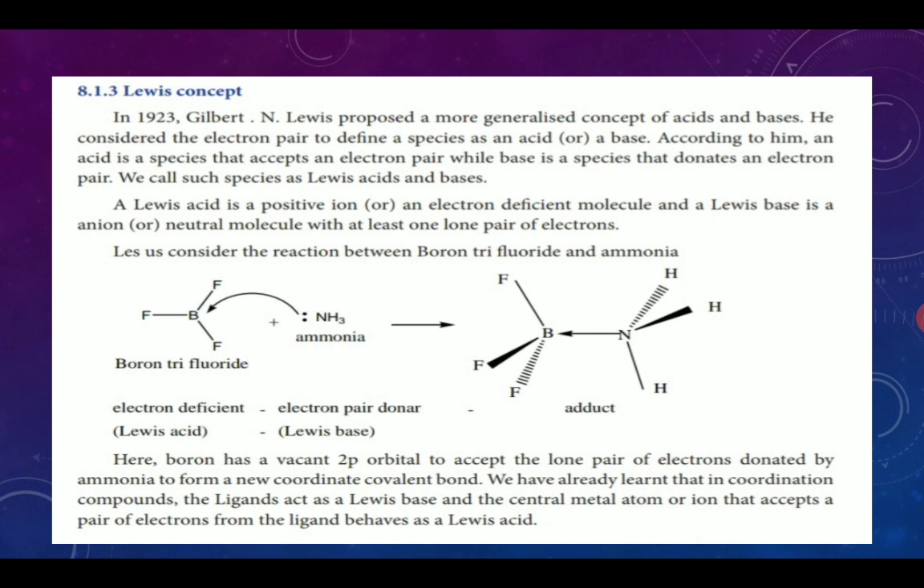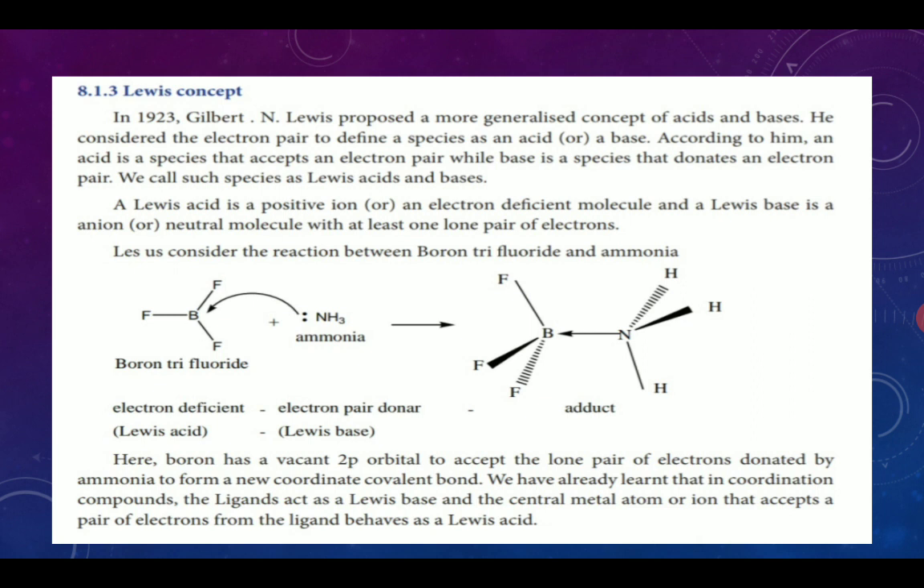In this, the first one, boron trifluoride, is electron deficient. Since it is electron deficient, it is known as a Lewis acid. And the electron donor, which donates a pair of electrons, is ammonia, and this is known as a Lewis base. Boron has a vacant 2p orbital. The boron electronic configuration is 1s2, 2s2, 2p1 only. So in 2p we have vacant orbitals, so a pair of electrons donated from